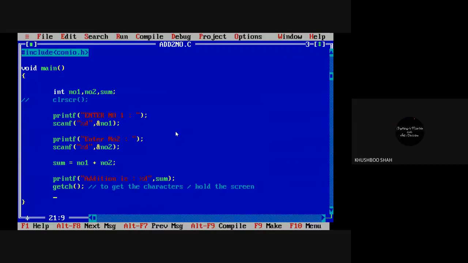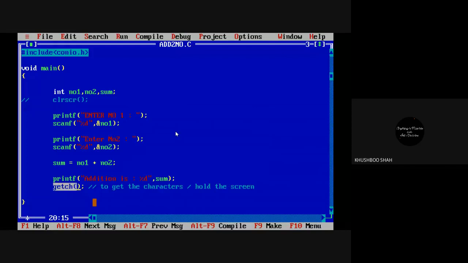Ma'am, if instead of getch we write return 0? Return 0 is something different because we already have void over here. Return 0 is associated with this void term. If I write int over here, then I can write return 0. But return 0 and getch are both different things.